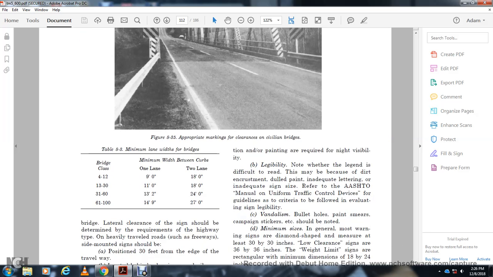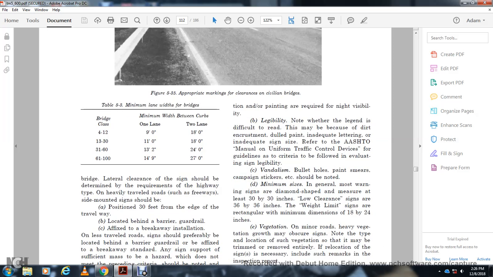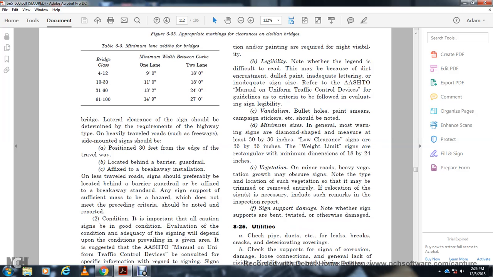8.3 showed the minimum lane width: 4 by 12 to 9 foot by 18 foot, and 13 by 30, 11 foot and 18 foot, 31 by 60, 13 foot 2 inches by 24 foot, 61 to 100, 14 foot 9 inches, 27 feet. The bridge lateral clearance of the sign should be determined by the requirement of the highway, the type of